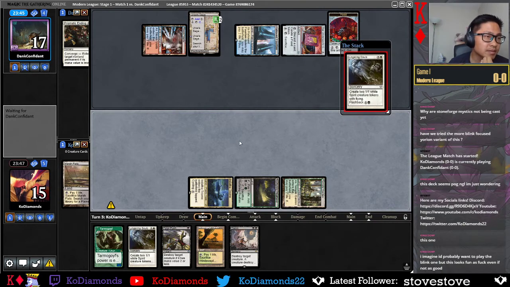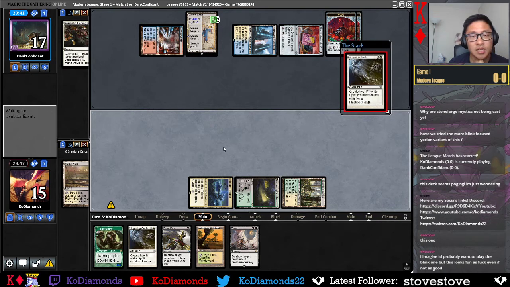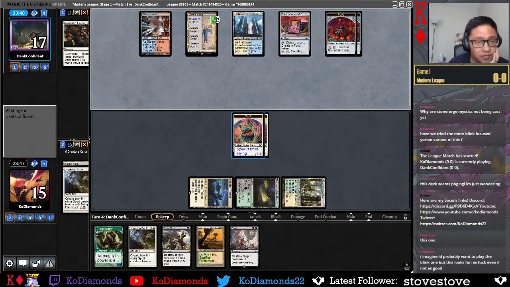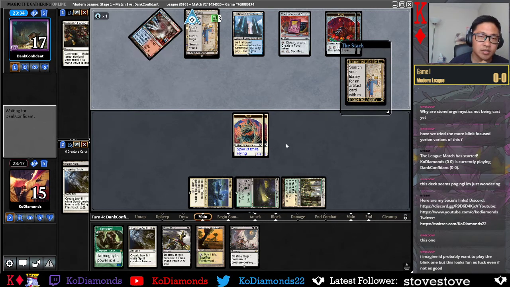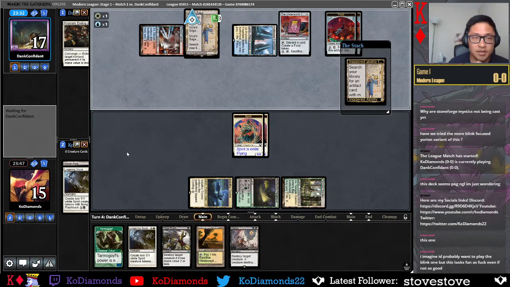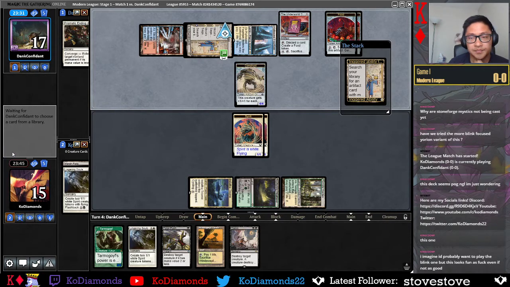I imagine I'd probably play the Blink one, even if it's not that good. I mean, it's done well for me before the Modern Horizons printings, where I had Lurrus in the main too. It's just trying to find the right combination of cards, right? So